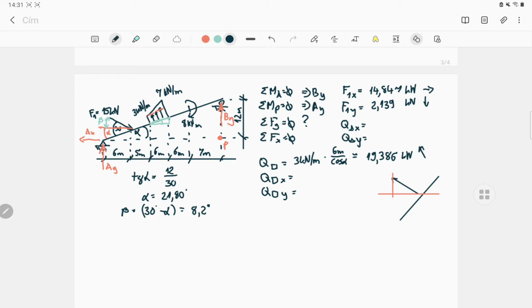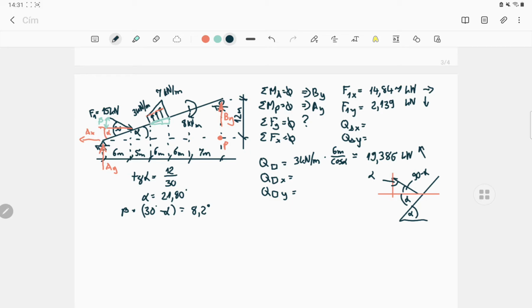And now this is the alpha angle, again the beam, between the beam and the horizontal line. So this is alpha again, because between the same lines. So this small angle is the 90 minus alpha angle, and the opposite angle, this one, will be alpha again